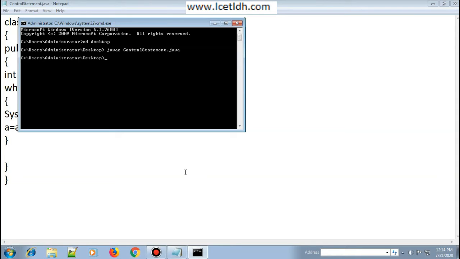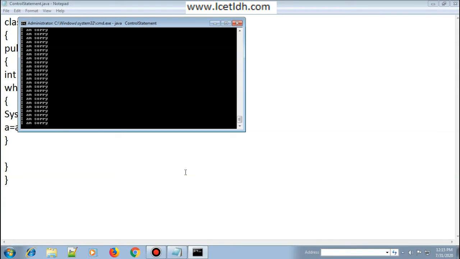As you press enter, you can see there is no issue with the program. Now you will enter java space again this control statement, and from here you can remove it as well, because we need only this much. And as you press enter, you can see it is